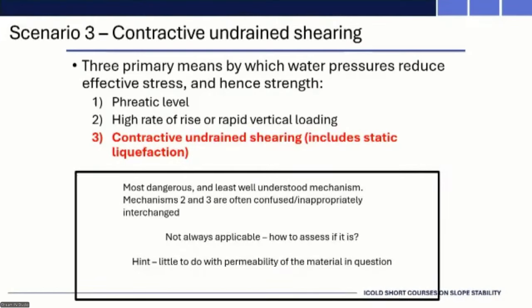This is analogous to the phenomenon we've now come to know as static liquefaction. It does go under other titles, but it's liquefaction in the absence of dynamic stresses, in the absence of an earthquake, in the absence of any kind of cyclic loading,